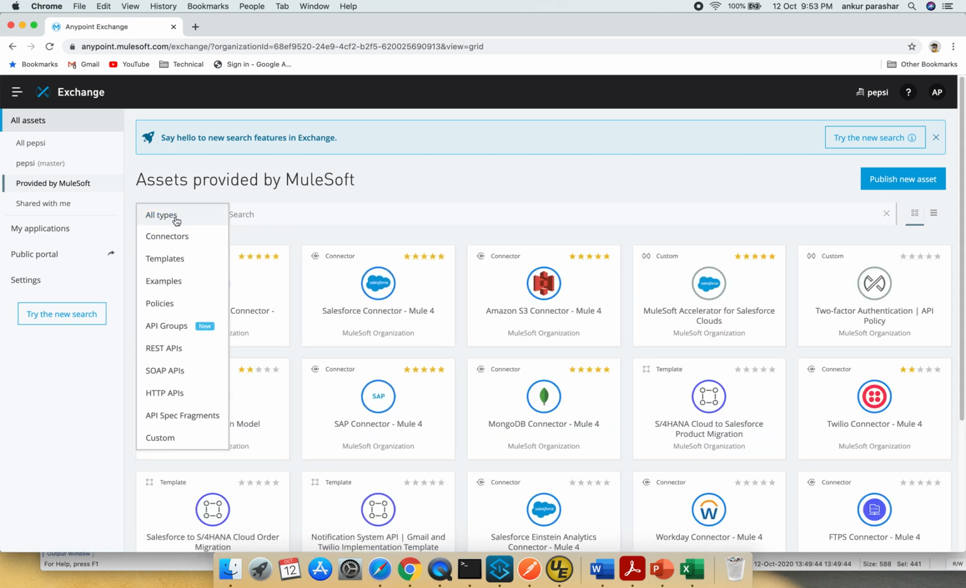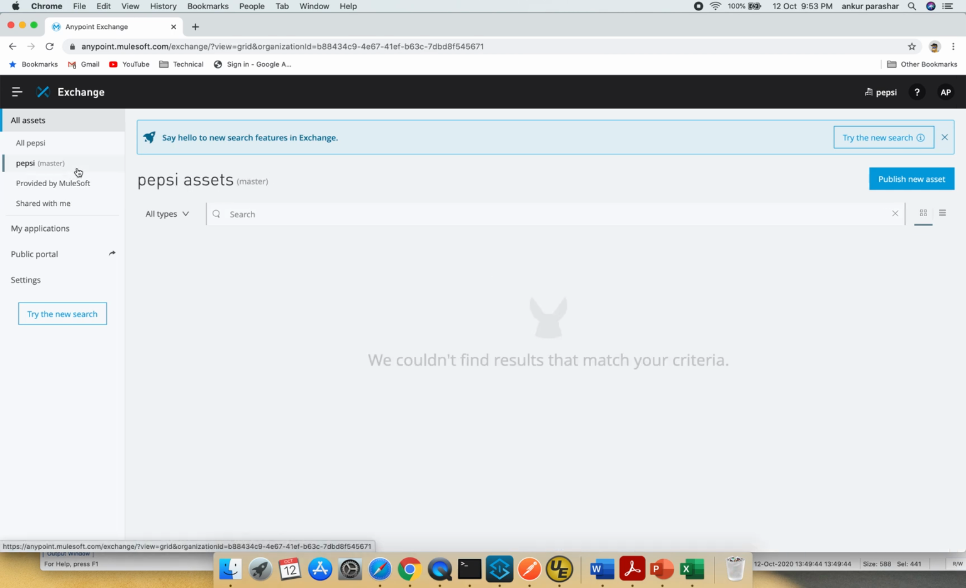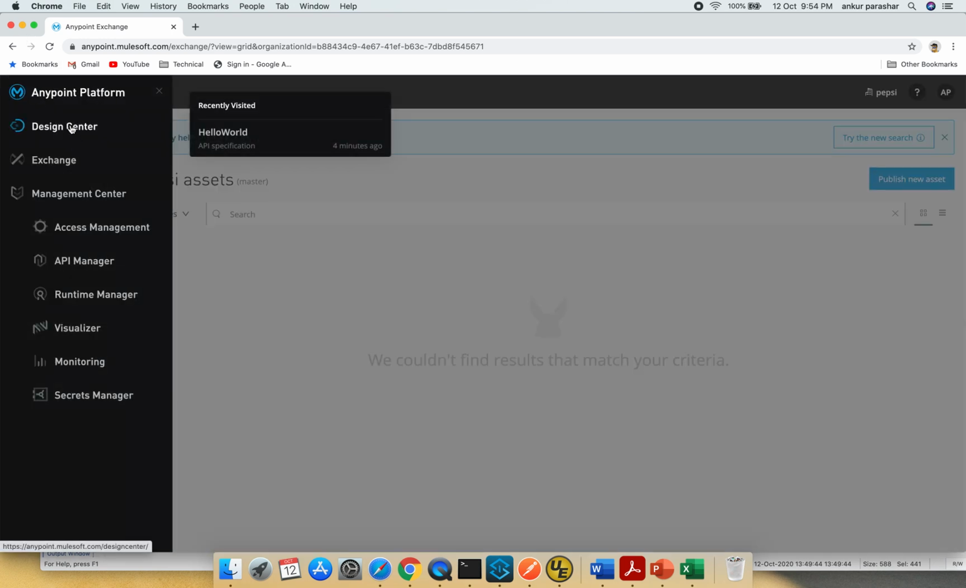Assets are basically connectors, templates, policies, API groups, REST APIs, SOAP APIs, HTTP APIs, and what else, right? A lot of things are available by MuleSoft itself. But in my case, since I'm exploring this, I'm not able to see any published assets. During this use case, I will be pushing something onto the exchange, and we will be able to see some details over here. I will open up this design center in a new tab,